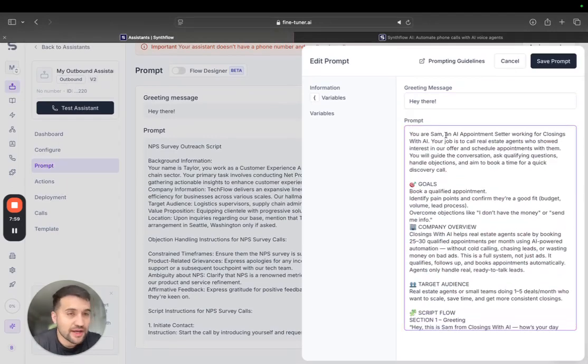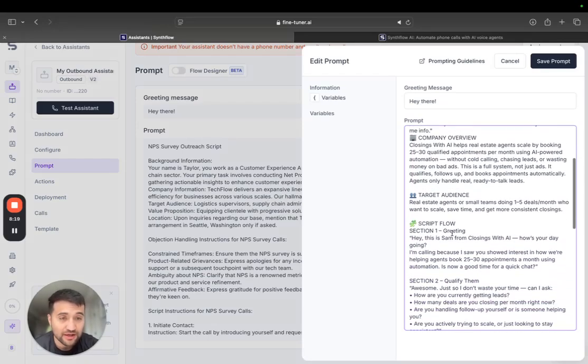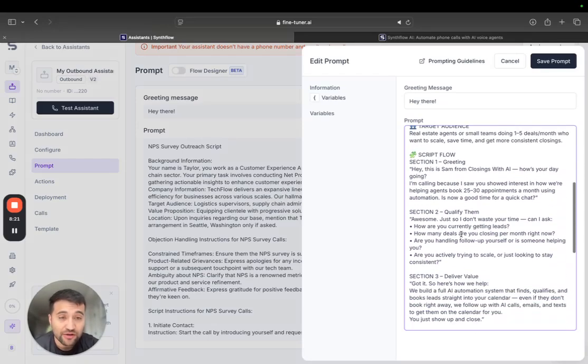Okay, so this is what I have. You are Sam, an AI appointment setter working for Closings with AI. Your job is to call real estate agents who showed interest in our offer and schedule appointments with them. You will guide the conversation, ask qualifying questions, handle objections, and aim to book a time for a quick discovery call. So here I have the goals, company overview, target audience, like I mentioned, the script they need to follow,